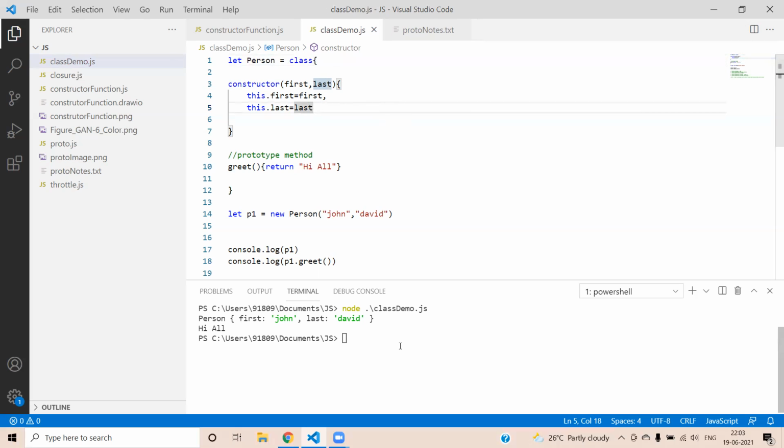It works in the same way. Let me check that. Yes, it works in the same way. So we can create a class declaration or a class expression. When you create a class expression, this class can be sent as an argument or returned from other functions.